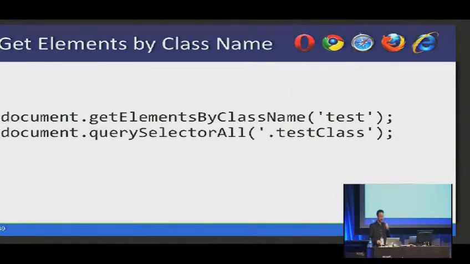The next bit, and this is one of my favorite bits, is getElementsByClassName. Why this has been out of the JavaScript for so long, I will never know, but it's finally made it in, so you can now select elements based on a class. But it gets even better because they have this querySelectorAll.